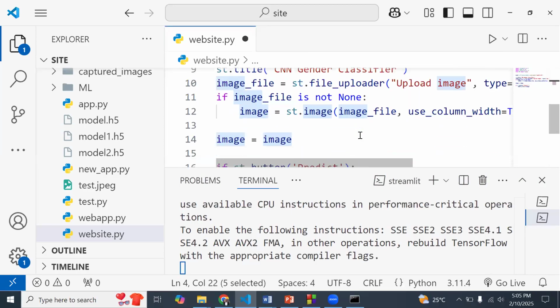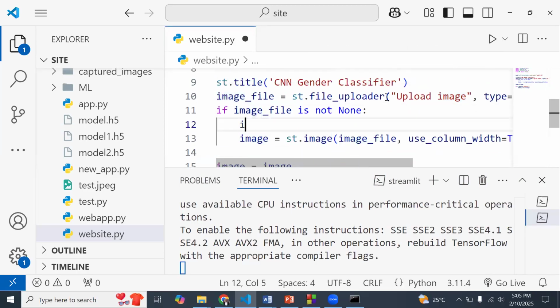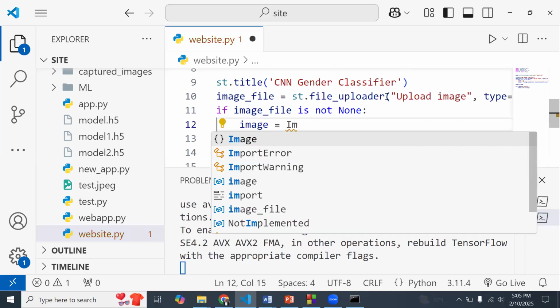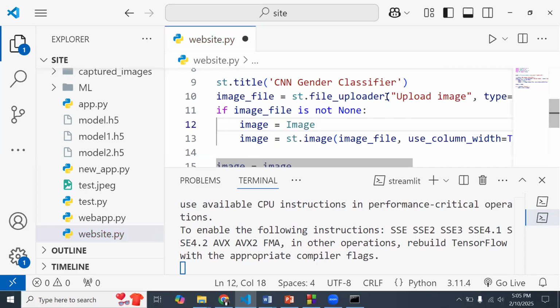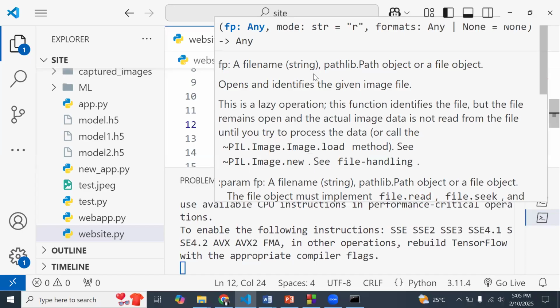So what we have to do is say image is going to be equal to the image we have from the Python Image Library dot open. You can see that it says it is going to give us a string, the file path or the object.